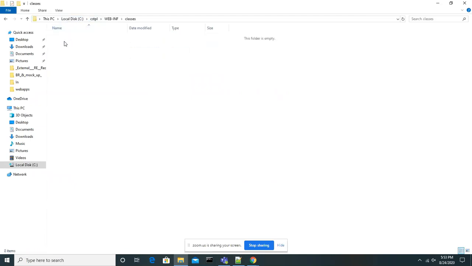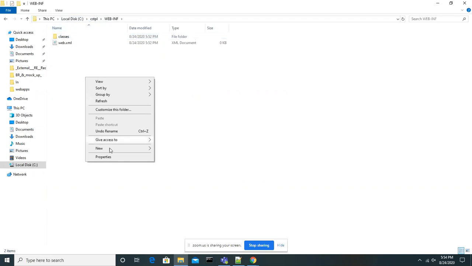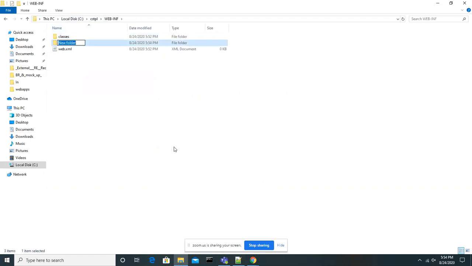Under this classes folder, we will keep .class files. What is the meaning of .class files, guys? All the Java files, the source code files we write. Once we compile those .java files, we will get the .class files. All the .class files we will place in the classes folder.